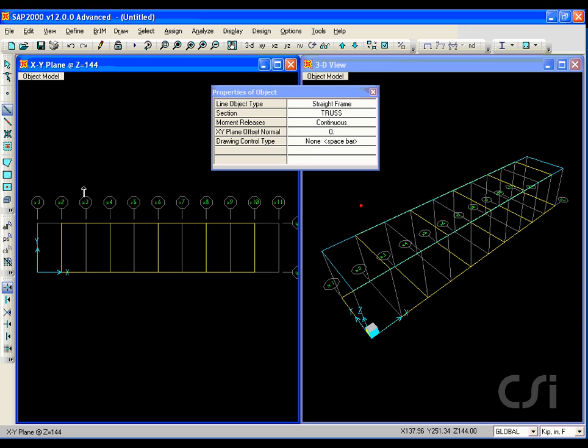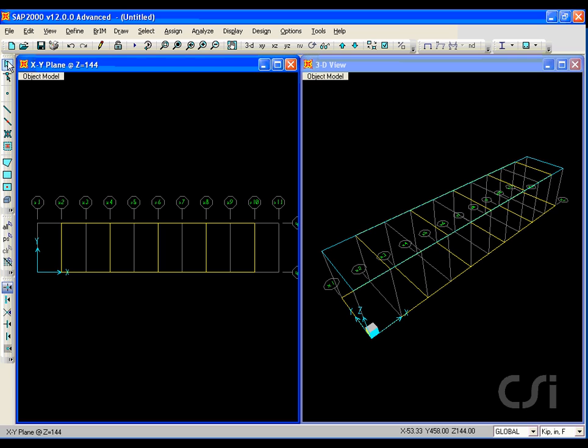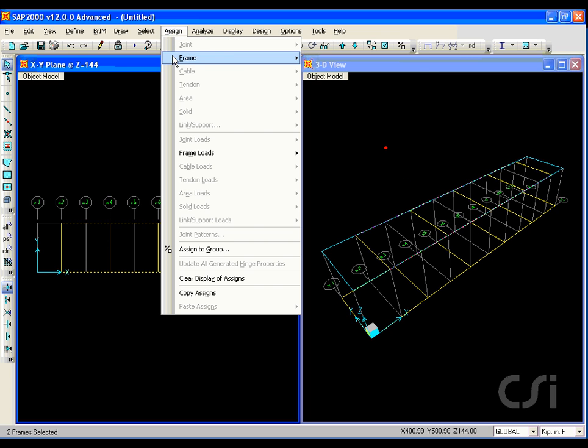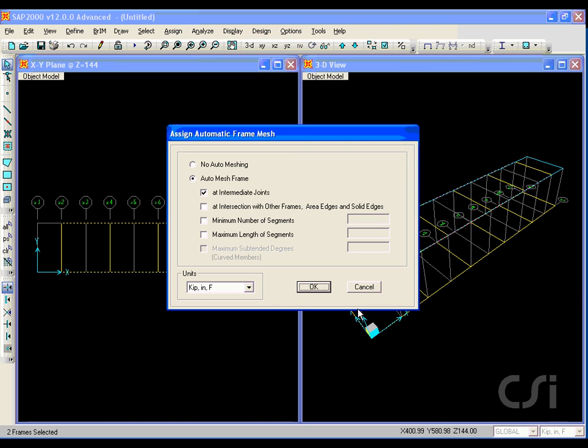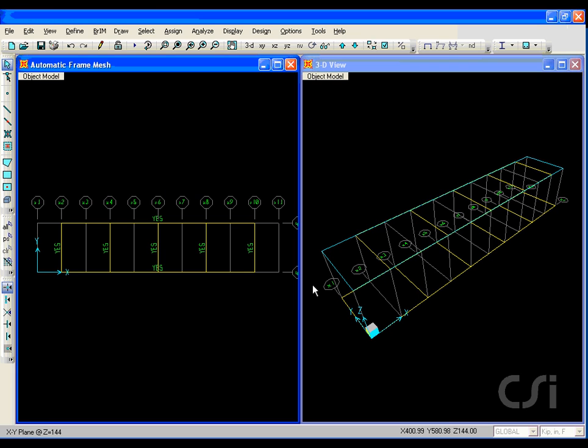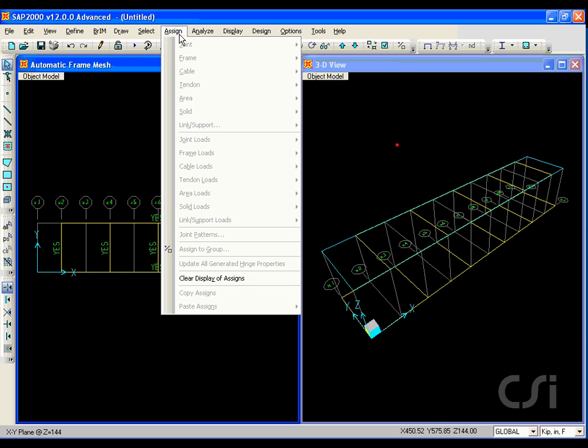Hit the Select Mode key to exit the draw mode, and select the 2 top chords. Once again, because they were drawn as single physical objects, we need to go to the Assign Frame Automatic Frame Mesh command to have the internal mesh created so that they will be connected to the other objects. Clear the window of the assigns,